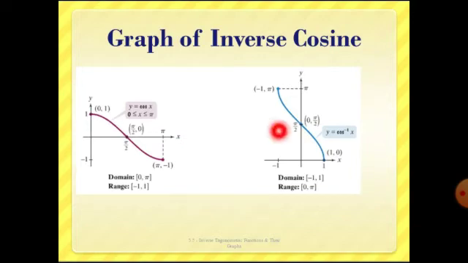In the same way, it will be the inverse cosine. y is equal to cos inverse x. So for cos inverse x, we have to take the place of x as minus 1. For what angle of the cos will we get minus 1? We have to check it. That is nothing but the graph of the inverse cosine.